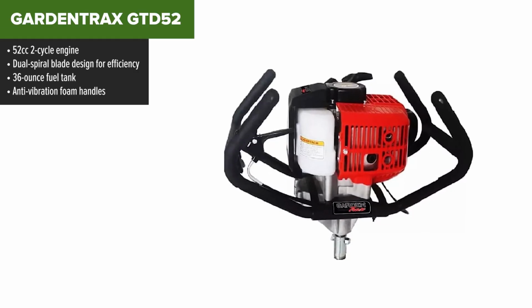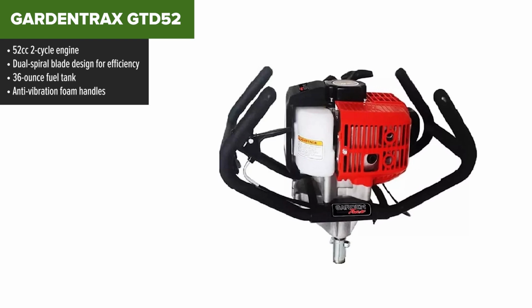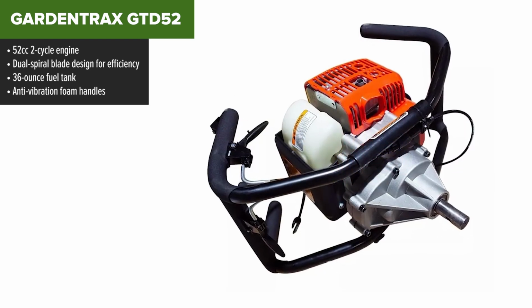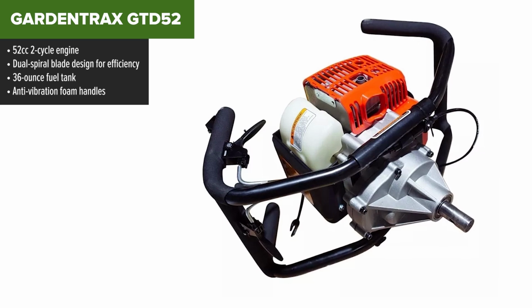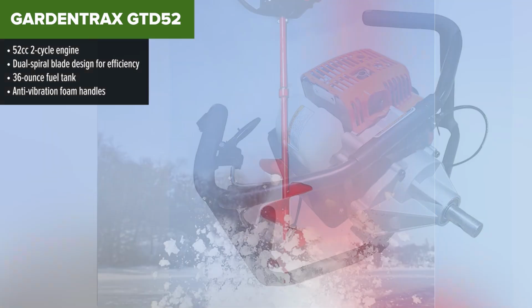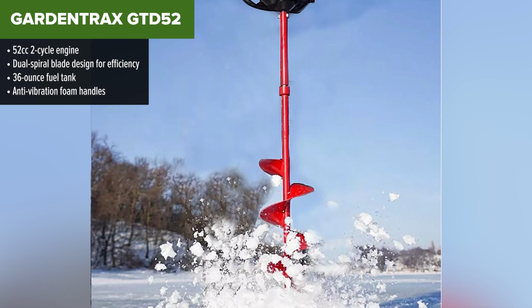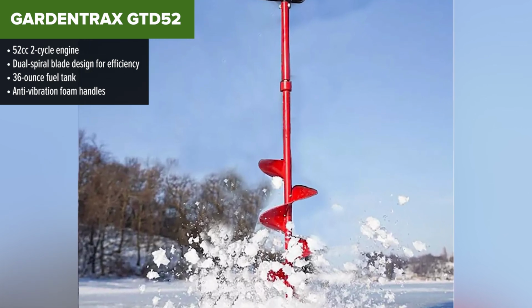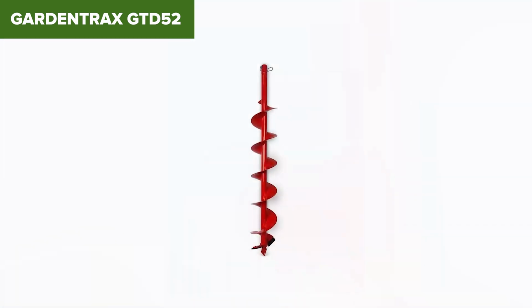The GardenTracks earns its spot as a reliable mid-tier performer. With a 52cc engine and a dual spiral blade design, this auger excels in digging efficiently through compacted soil and clay. Its anti-vibration foam handles reduce fatigue during longer projects, and the easy pull recoil starter ensures you're up and running